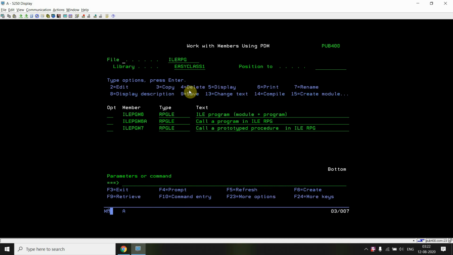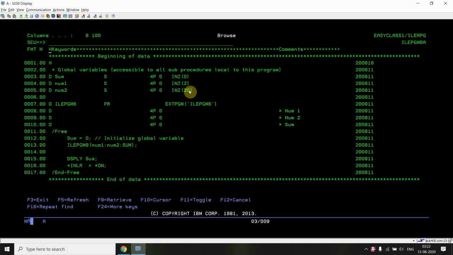Now I have created another program, ILE PGM6A, which will be calling that program ILE PGM6 basically. So here we can see we are calling that ILE PGM6. You can see we defined some variables, num1 and num2, and we initialize them. Then I just declared the procedure prototype here.